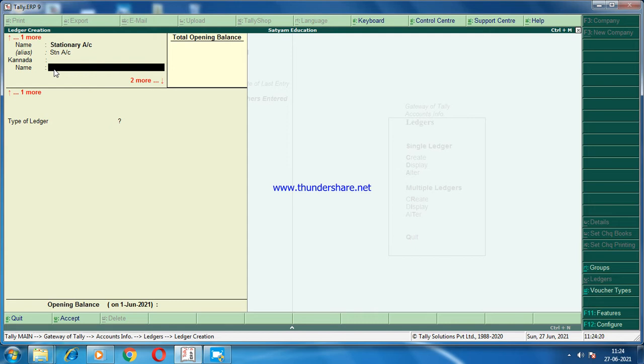The same, if you would like to write, here you have to write in Kannada. Stationery khate.